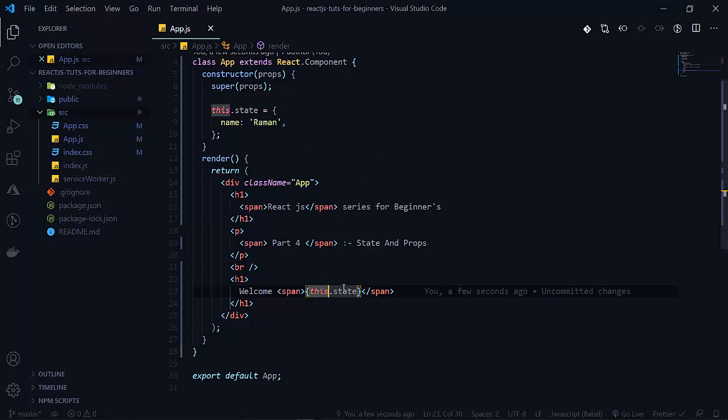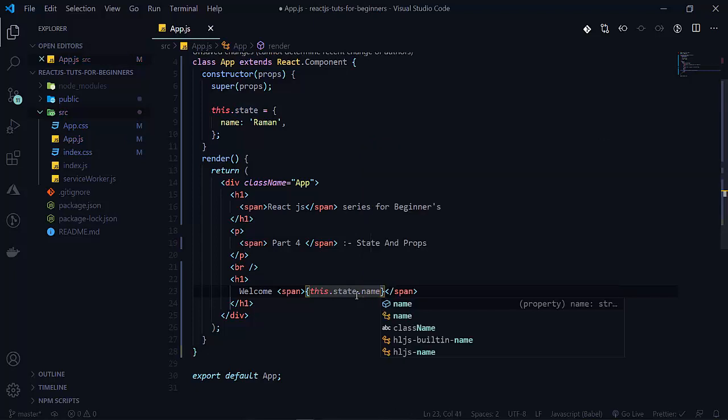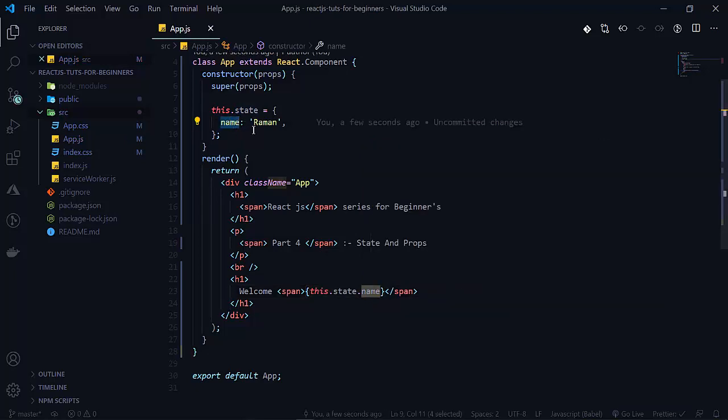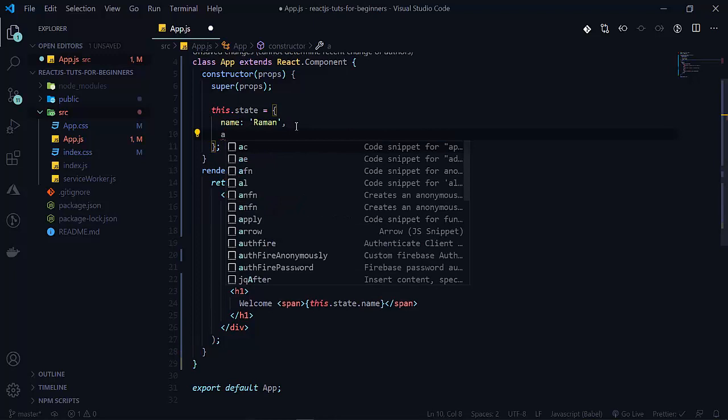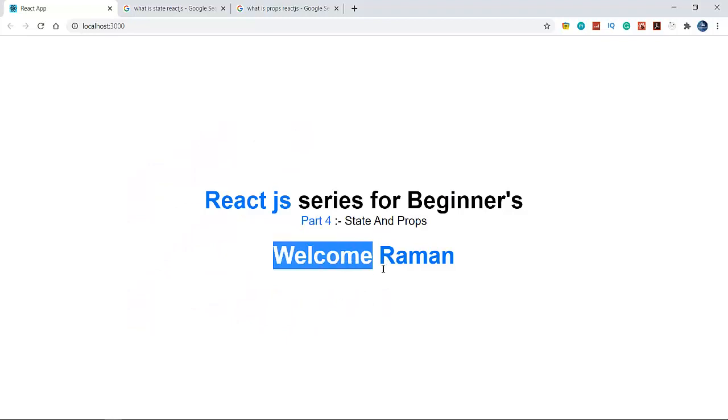So we have to add now name here. Since there is a key name, and you can also write age here, so age 18. When I am writing key name, so welcome Raman, name is there.